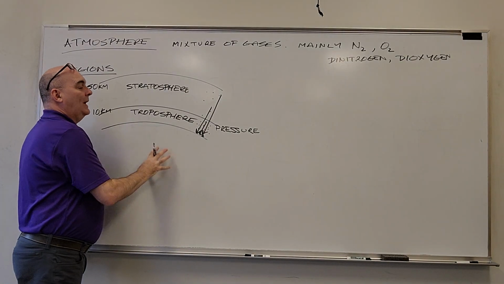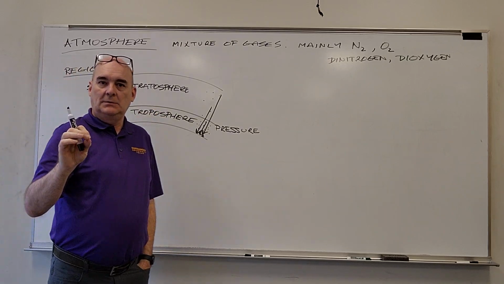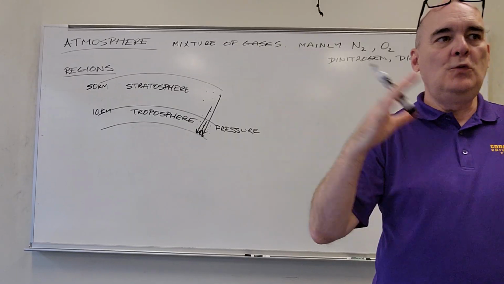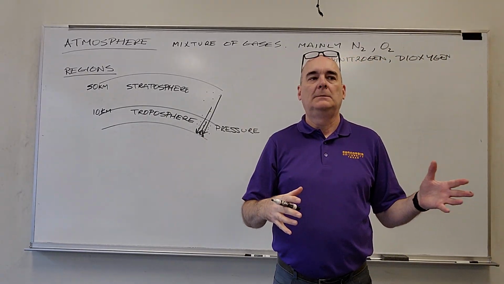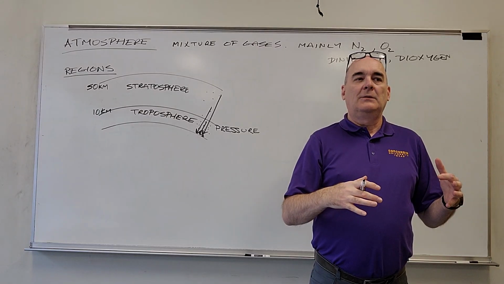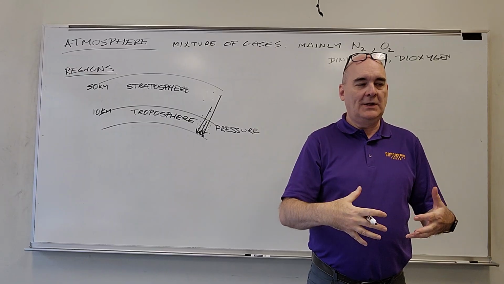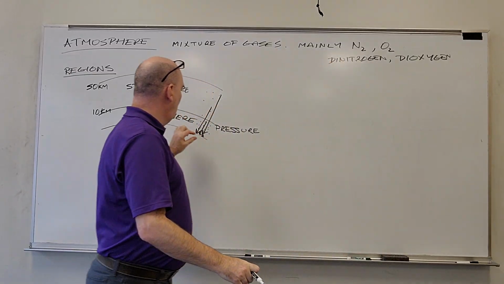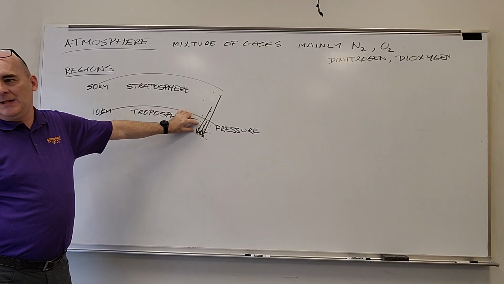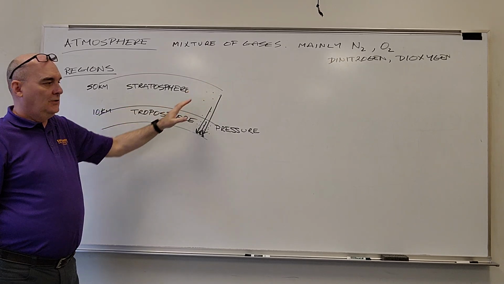So we have gravity. The gases are very light. They're very small. There's big spaces between them. They're moving around rapidly. And the planet is pulling them to the surface. So they have motion, but the planet is pulling them down. So when you're close to the planet's surface, there's more available gas here. And as you go to higher and higher altitudes, humans aren't going